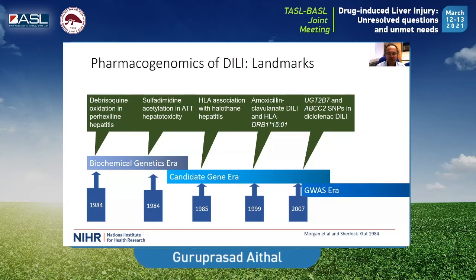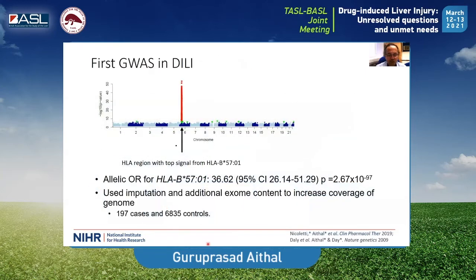Then came the genome-wide association era, at which time we were lucky to have done the first genome-wide association study. We investigated a group of patients who had drug-induced liver injury due to flucloxacillin, and a large amount of data from population-based controls available publicly for researchers. The data I'm presenting here is a larger set, which we did more recently, which included 197 cases of fluclox-induced liver injury and